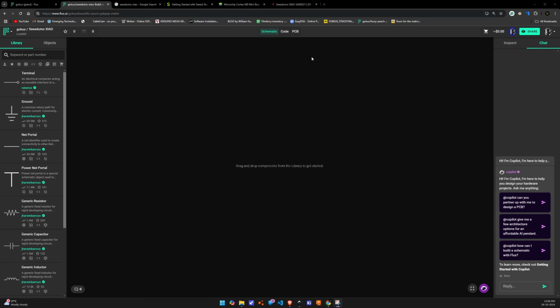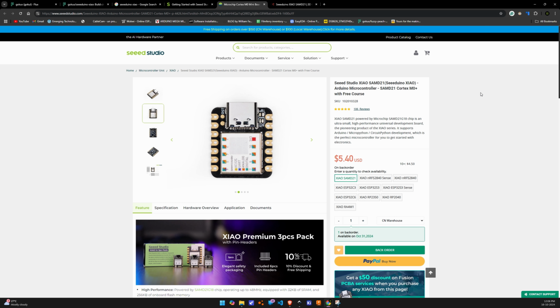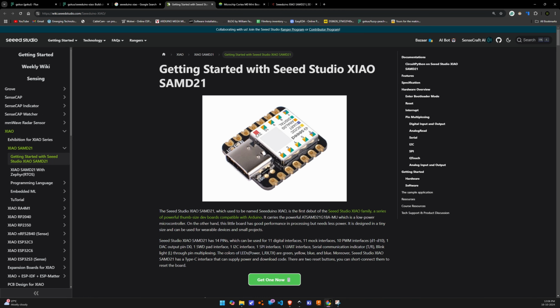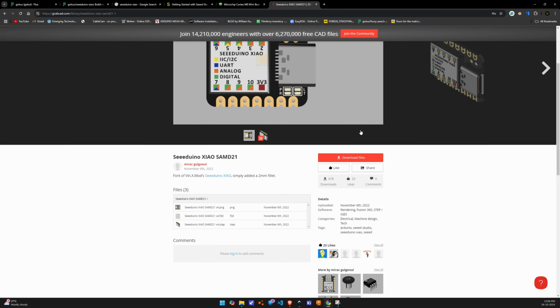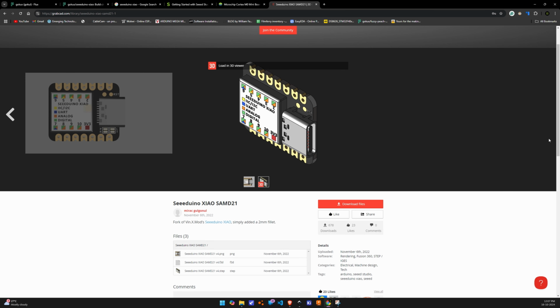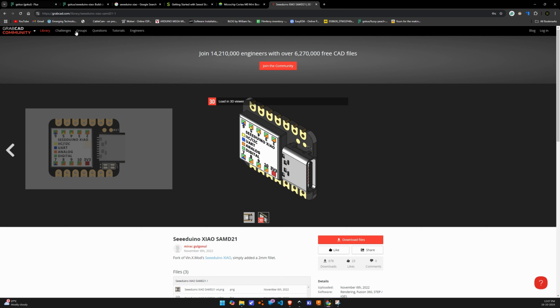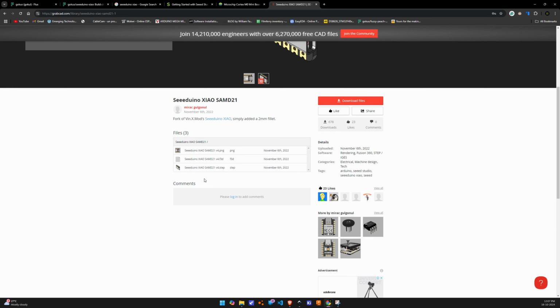In this video, we will discuss how to create a custom part from scratch for Flux.ai. As an example, I am going to show you how to add the Seeeduino Xiao on Flux. Before that, we actually need two things: an SVG file of the symbol and also the 3D model of the component. We are using a model I found from GrabCAD, and the 3D file needs to be a .step